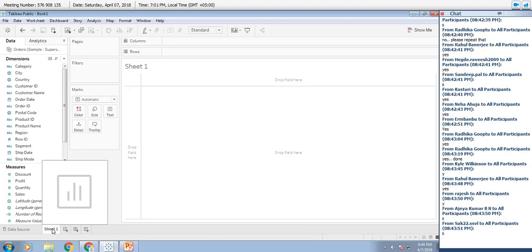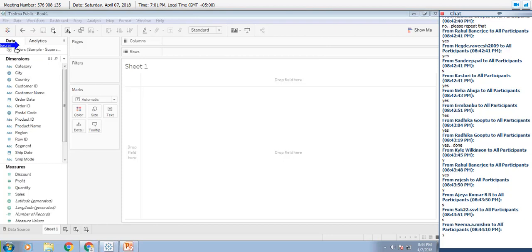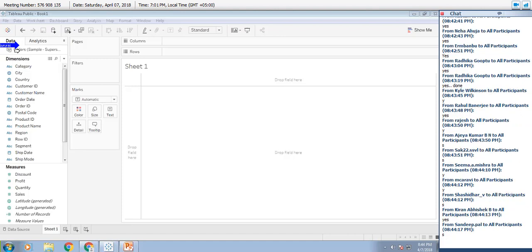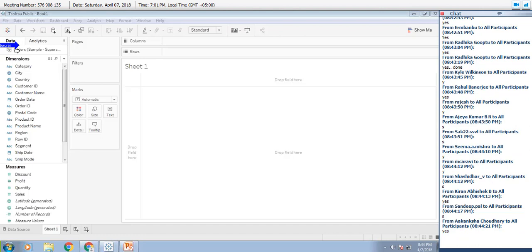So do you see this data part? Under that, you have all the elements which are related to the data source to which you have connected. The first is the list of data sources to which you have established a connection.